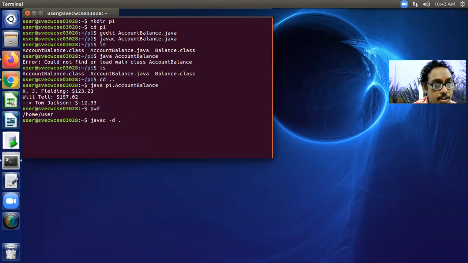Your current location, /home/user, is where the package will be created. Please make a note: dot represents the current location. So I give AccountBalance.java, and it is successfully compiled. There is no complication.